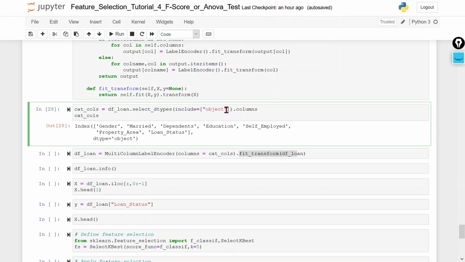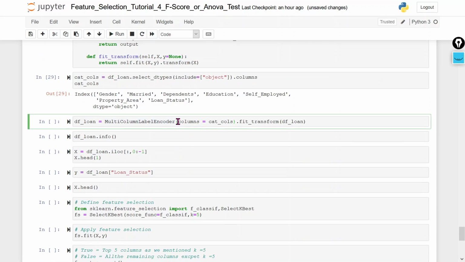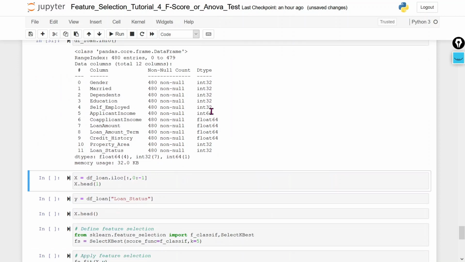So it will show you all those columns whose data type is object. Now this is the function I am using. Here I am going to use the categorical columns, then fit transform, which means our complete data. Now our data set has been transformed into numerical.